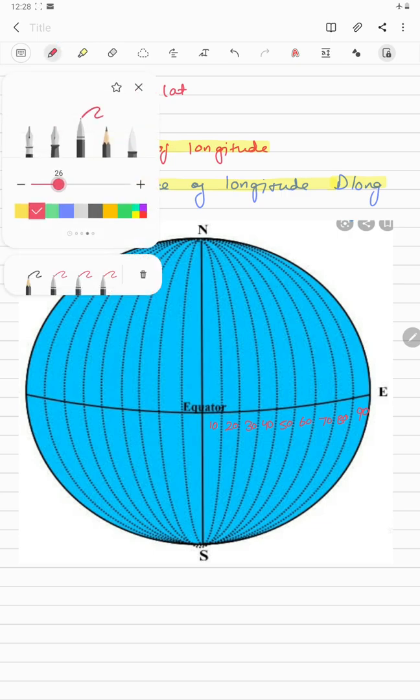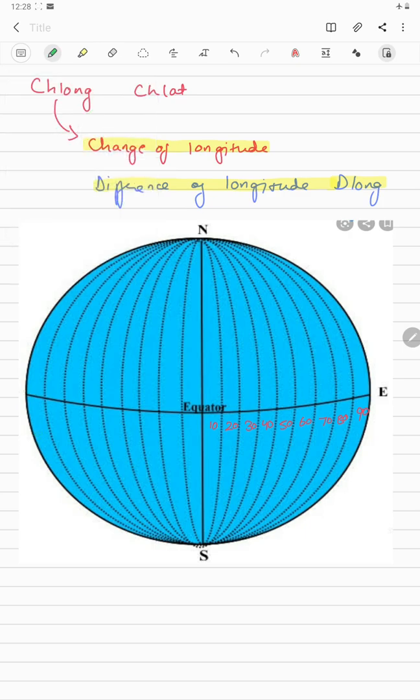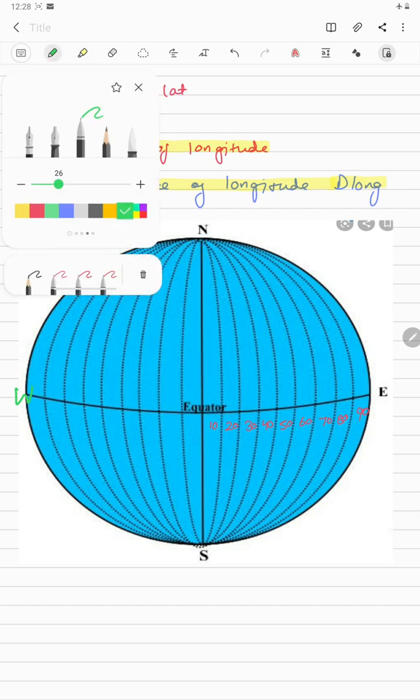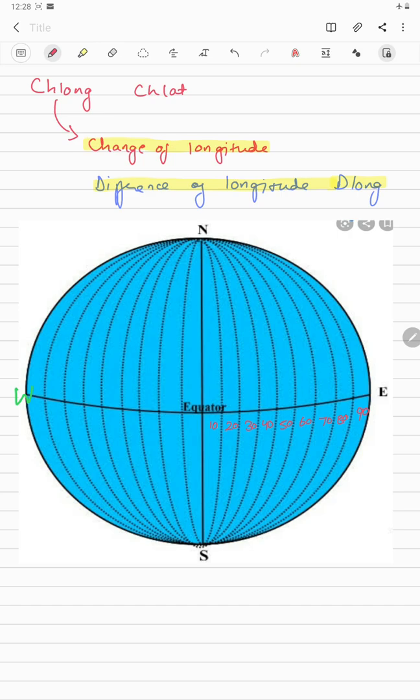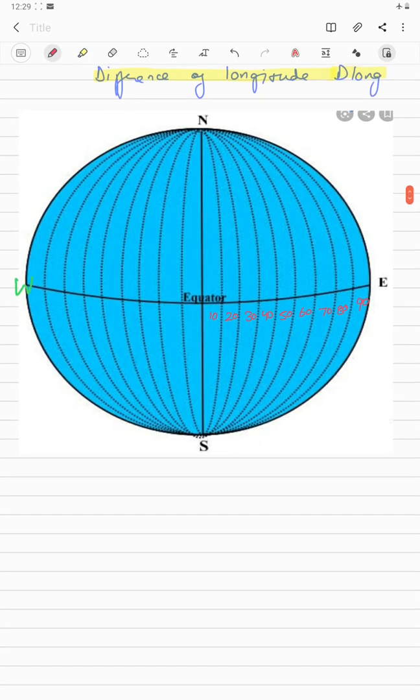And now we will be taking certain examples so that you guys have a better understanding. So guys, this is my west. All right, so let's go ahead. Now guys, see, to calculate the change of longitude, first of all we need to understand the meaning of this term. What do we mean by the change of longitude? So I'm going to write down in simple terms. First of all, have a look here. Change of longitude means, in a simple word, that